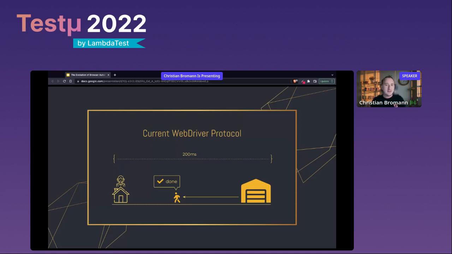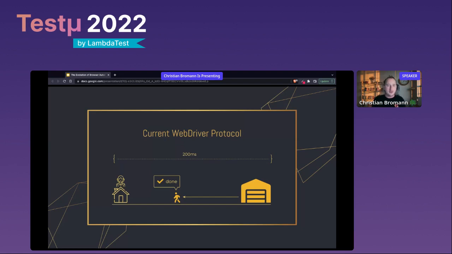Now, as I mentioned before, your assistant here is not really able to do a lot, and you have no idea what's going on while your assistant is gone, because you don't have a telephone to call to the factory. So these are really well-known limitations of the WebDriver protocol, and with the new effort of the WebDriver BiDi, these kinds of limitations will be removed. And